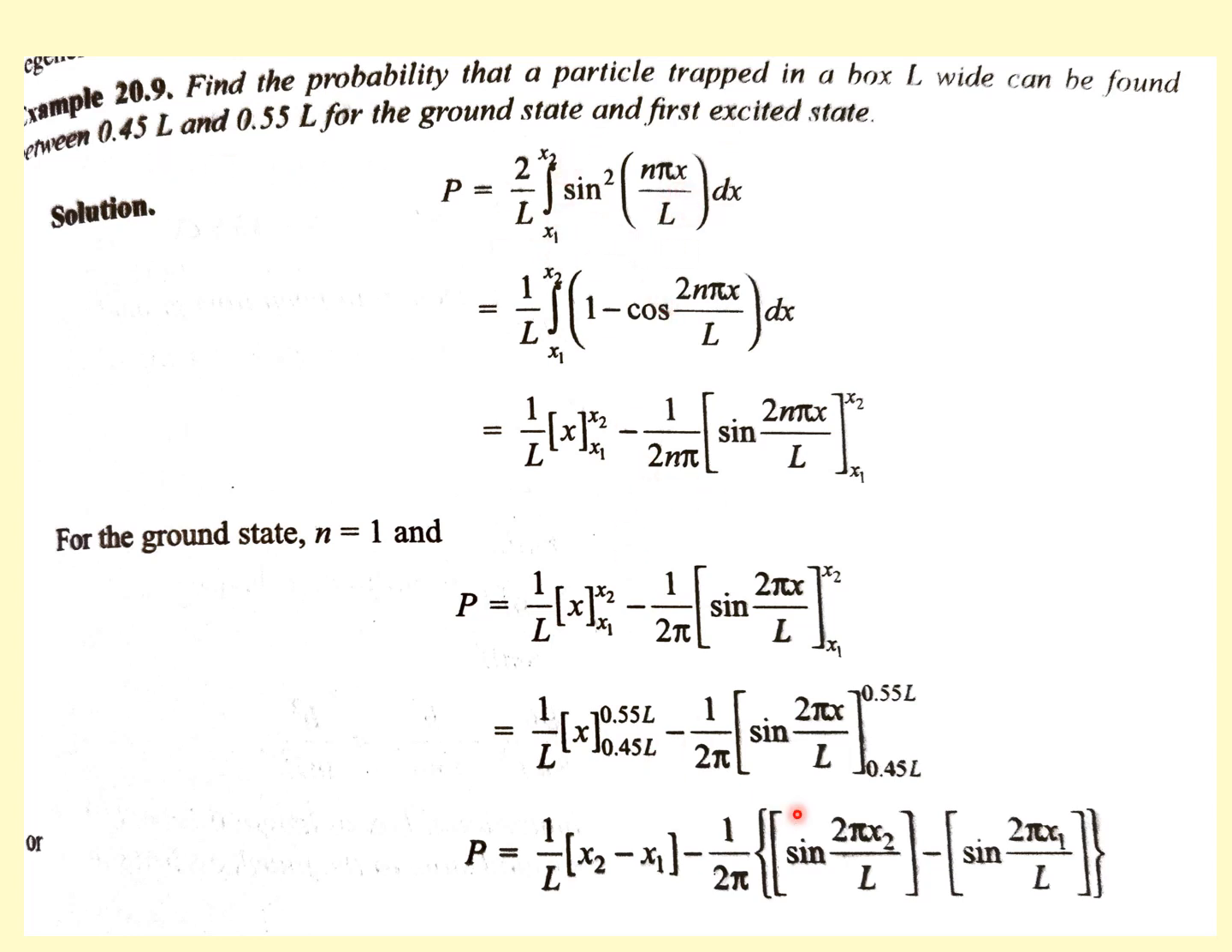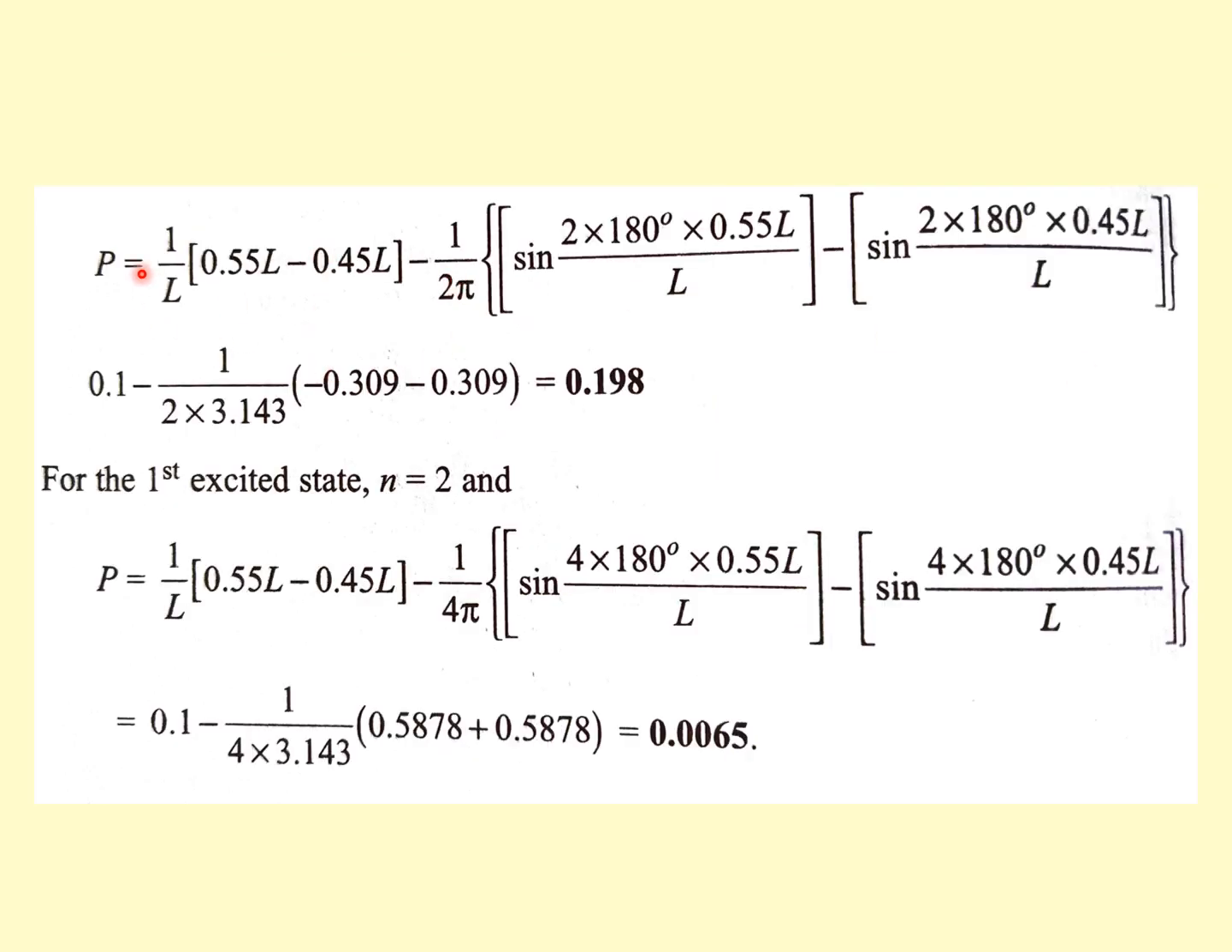0.55. And if we put all the values here, sine square n pi x by L can be written as 1 minus cos 2 pi n x by L, and we put the limit. For the ground state, so first for the ground state means n equal to 1, we will find the probability after putting the limits here. After integrating this function and putting the limits, we get the probability for finding the particle